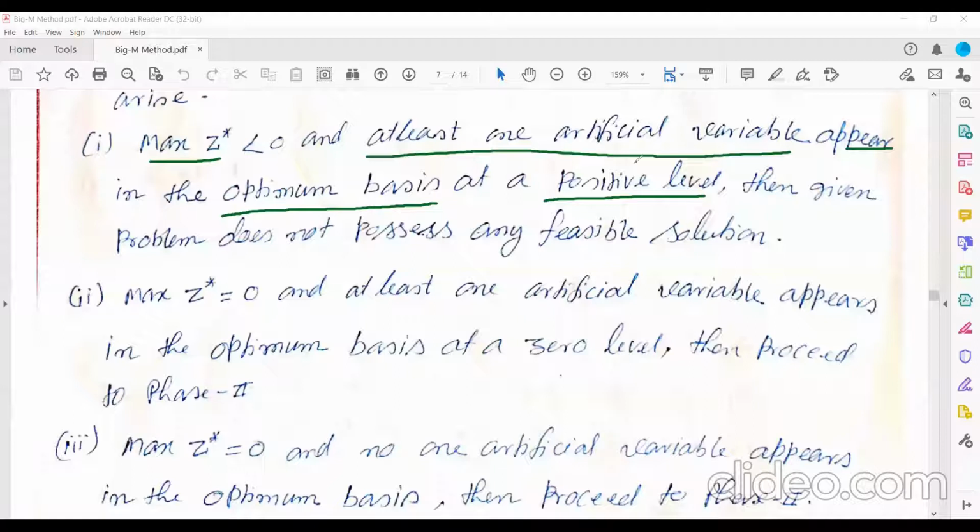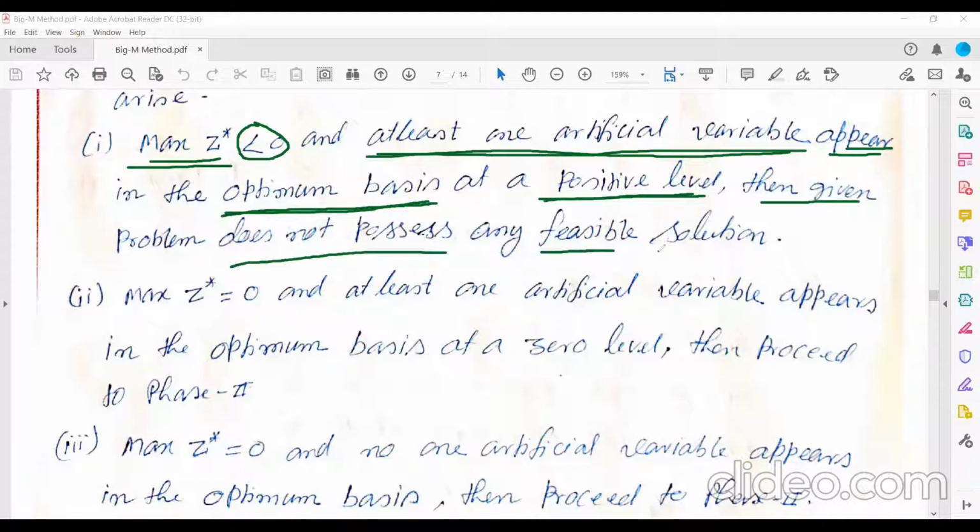So it is saying that if max z star is negative, and at least one artificial variable appears in the basic variable column at a positive level, that means the value is positive, then in that case the given LPP does not have any feasible solution.